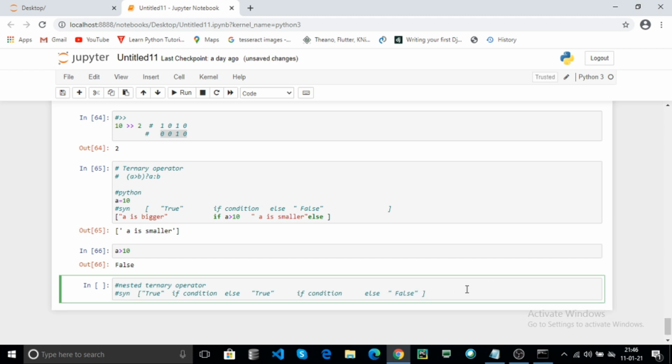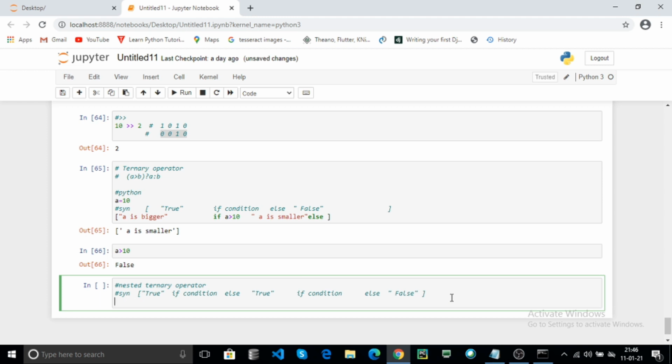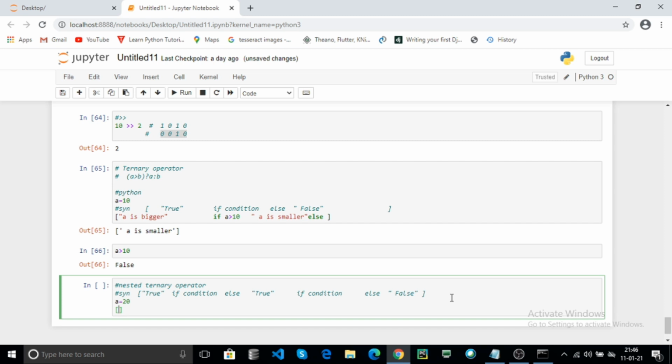Now an example. A equal to 20. Condition: if A is greater than 10. Else, again check the condition.